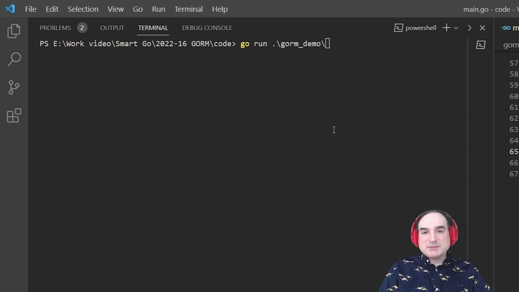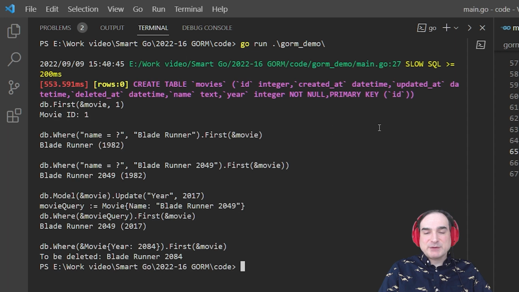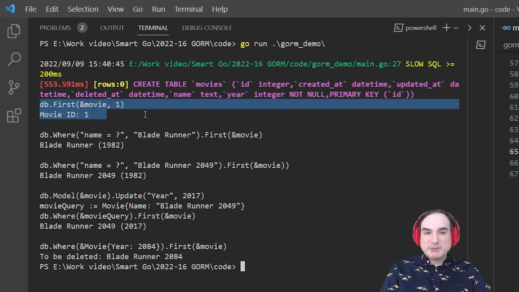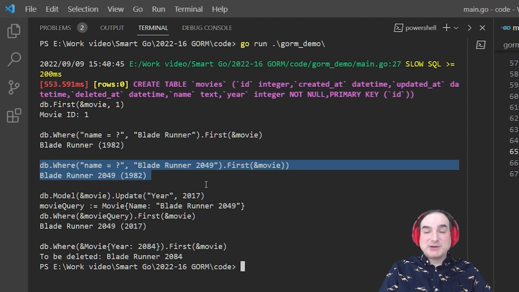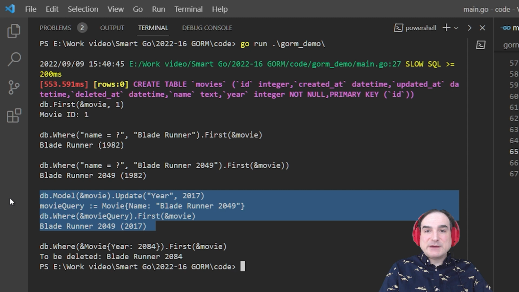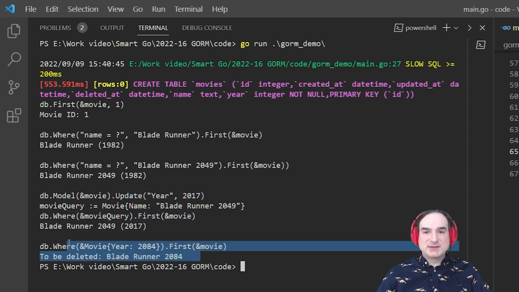Now, when we run this code, we're going to get output to the console for all our queries. When we query the first row in our movie tables, we get a row that has the ID 1. That's the first row that we inserted, the movie Blade Runner. When we query for that row by name, we get that row again. And next we query for a different movie, one with the wrong data, which we then update with the correct data and we requery. And then finally, we have our delete action.